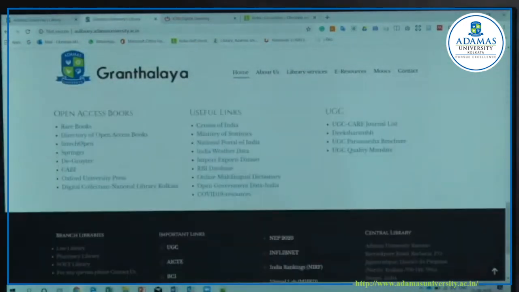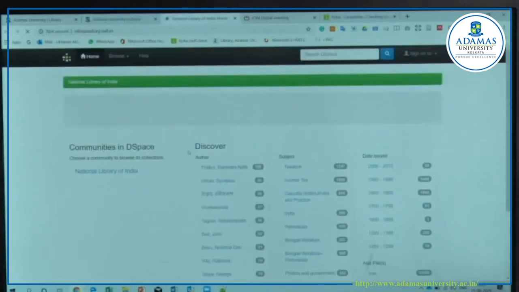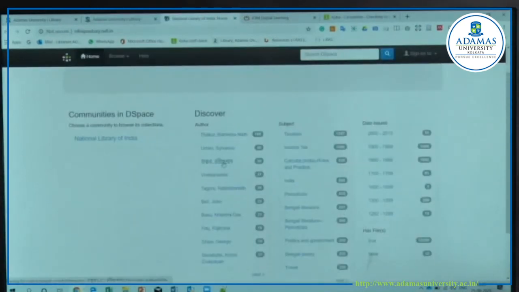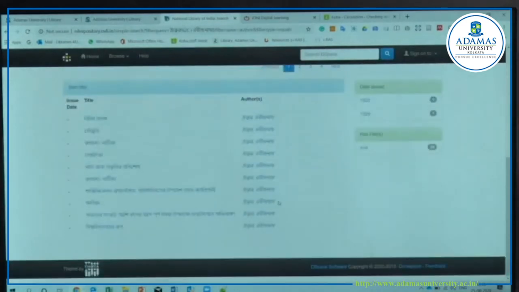Here, you know, our National Digital Library, National Library Kolkata, what they have done is they have given access to many resources. See, those who want to read various novels from Rabindranath Tagore, if you want to read the poetry, you can get access to it.